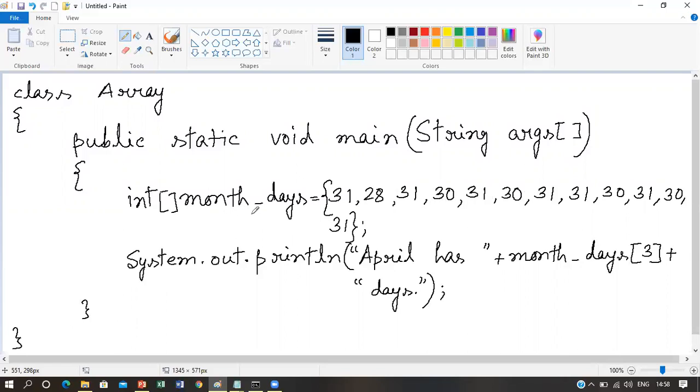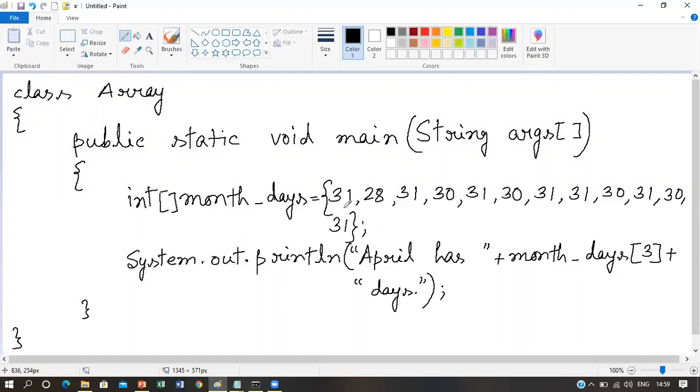And here we can see that no size is mentioned, because the array initializer will automatically consider that there are 12 elements inside these curly braces which are separated by a comma, so the size of the array is actually 12. So you don't need to declare the size here if you are using this type of array initialization.